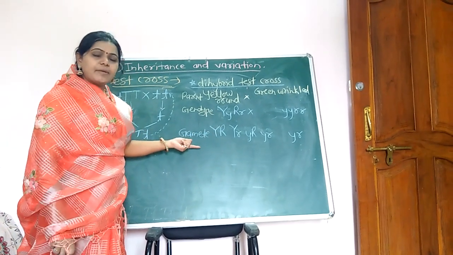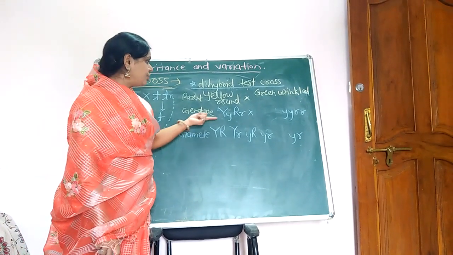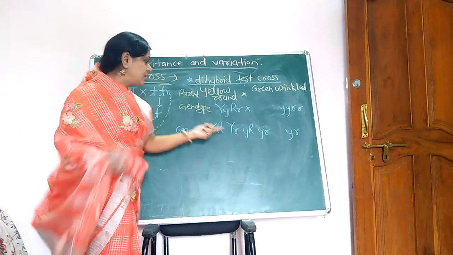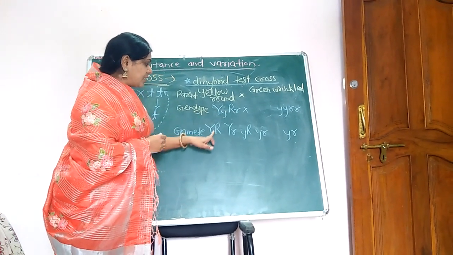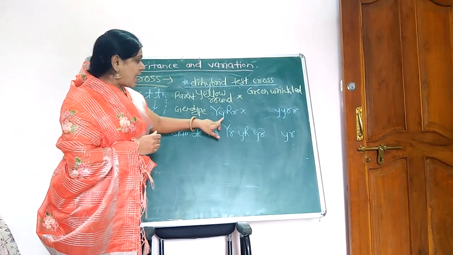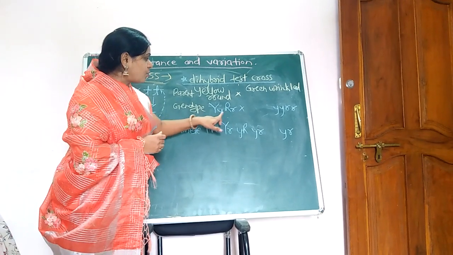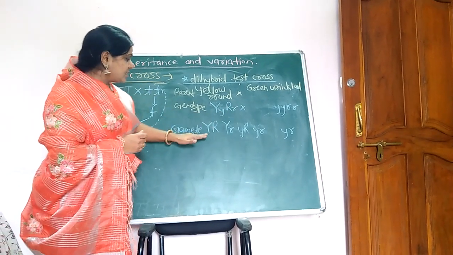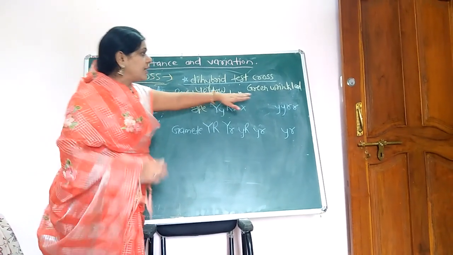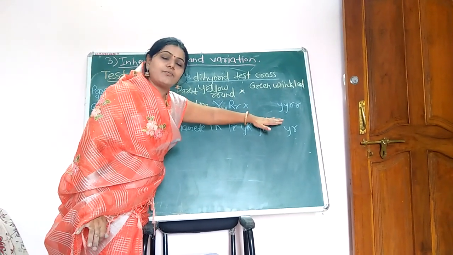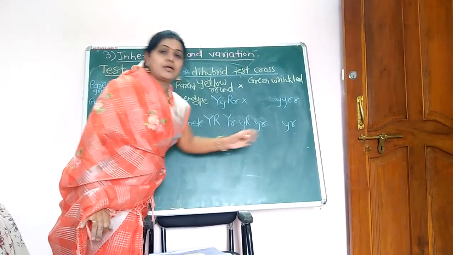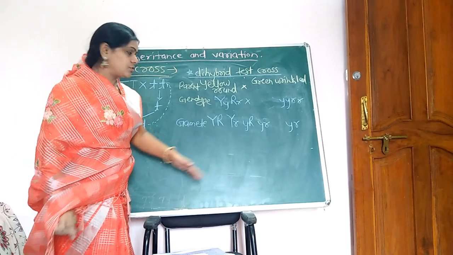When the gametes are formed, the genotype of the F1 hybrid forms 4 types of gametes: capital Y capital R, capital Y small r, small y capital R, and small y small r. This is the gamete formation of the hybrid, that is the yellow round. And green wrinkled forms one type of gamete here, small y, small r. When these gametes are fused with each other,